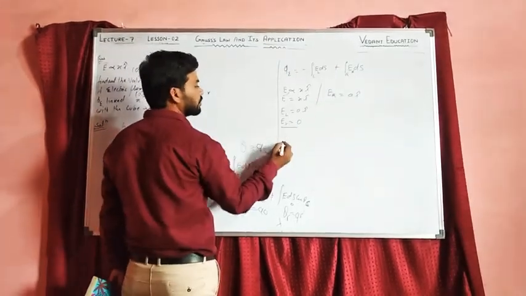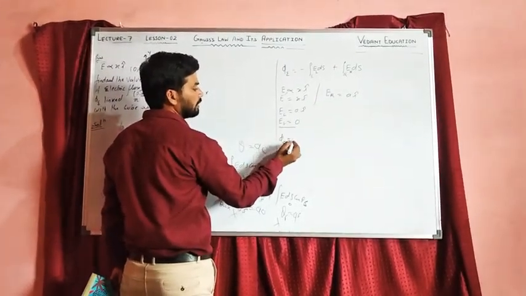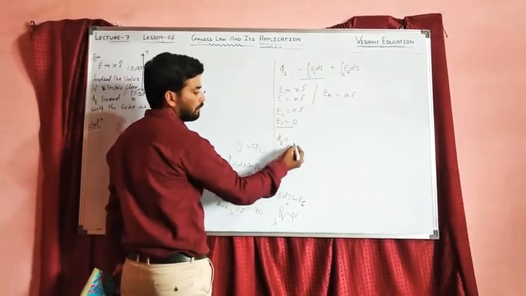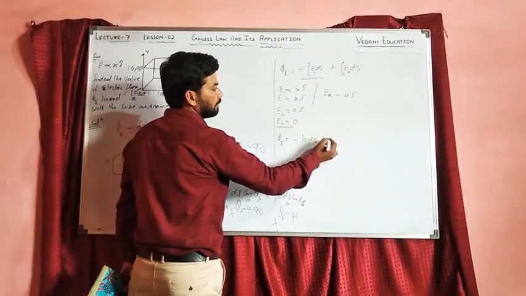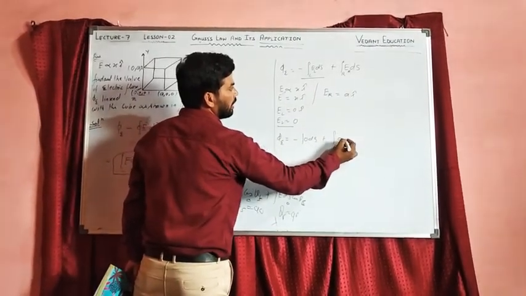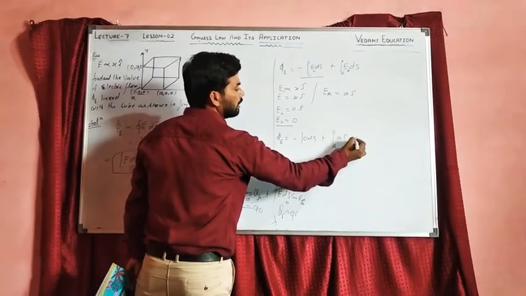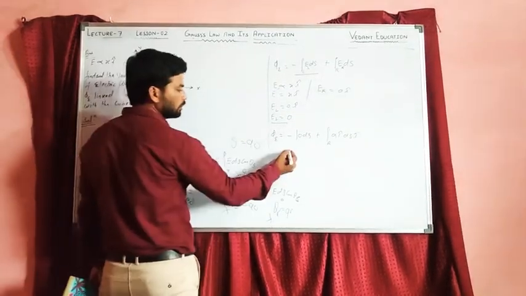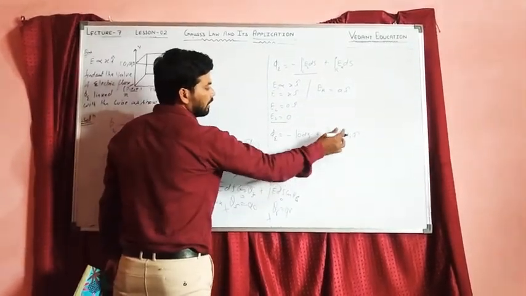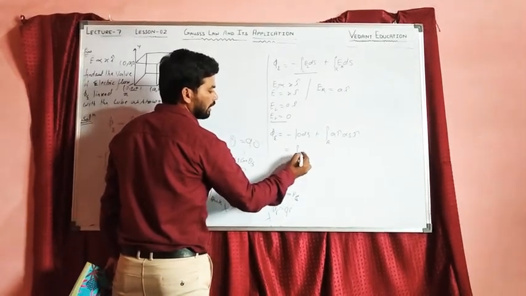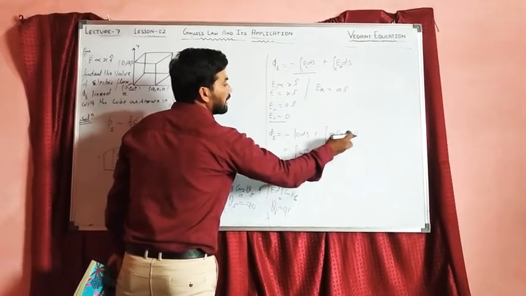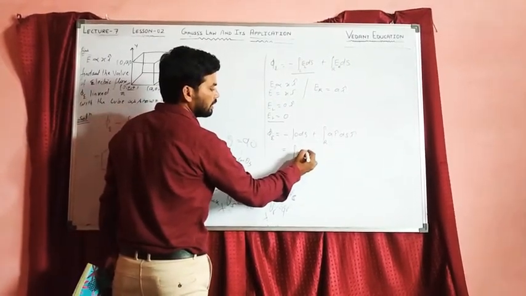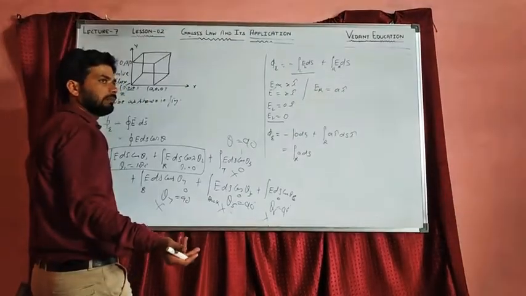By substituting the values of the electric field, we can determine the value of flux. This term will be 0 because E L is 0, minus integral of 0 ds, plus integral of A I cap dot ds. Eliminating the dot, I cap is introduced, so I cap cancels out and becomes 1. So I cap is eliminated with the help of the dot product.